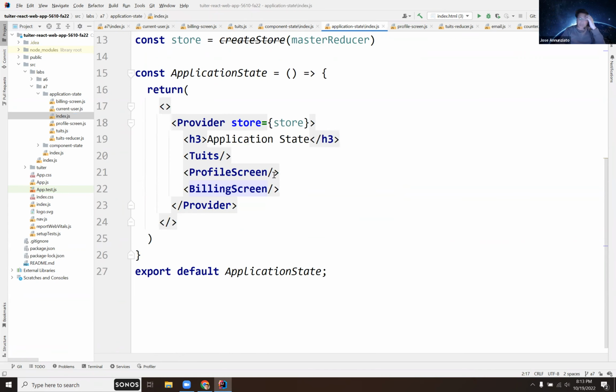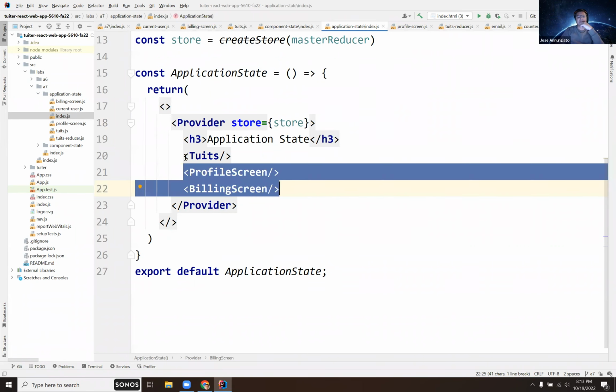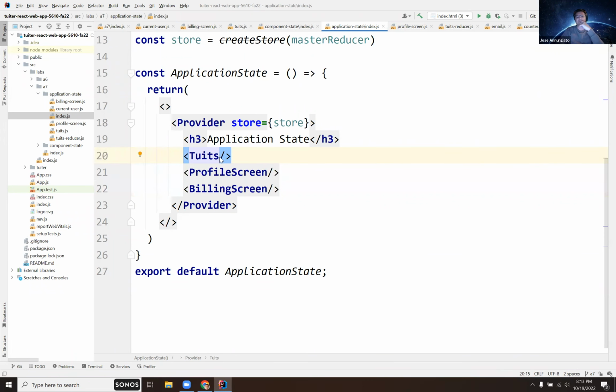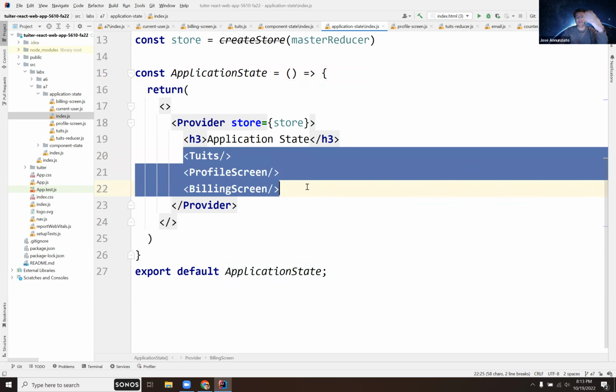here it is. We created 3 components. Notice that the components don't take any arguments. No arguments. That means that it has no dependency whatsoever with the parent component. This application state component is not establishing any context. Well, it's not passing any arguments to any of these. So there's nothing that I'm passing you. So you do not depend on me. You can move around these components wherever you want them within this component,